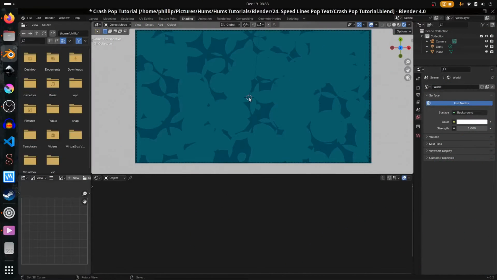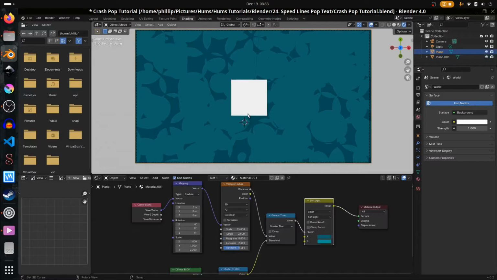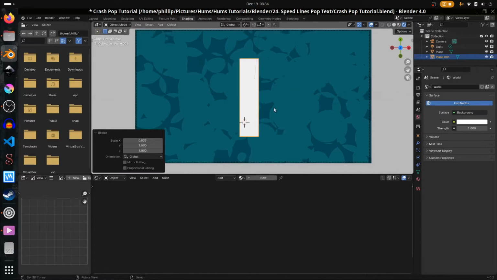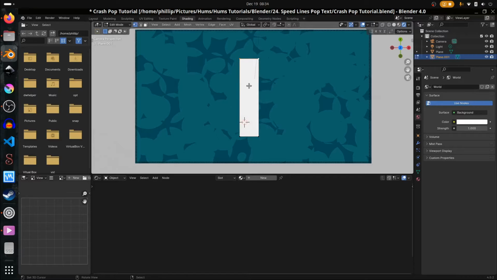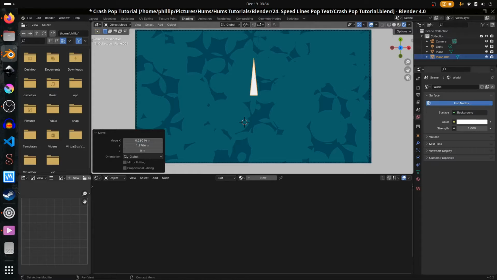Okay, let's move into our star flash. We're going to go ahead and create a plane. Let's scale this plane on the y-axis here, scale it on the x a bit. I'm going to go into edit mode, select these two nodes at the top. I'm going to press M on our keyboard to merge the two nodes together. That will give us a triangle shape. Let's scale this down a bit, and let's bring these two together. Good, and that gives us the basis for our